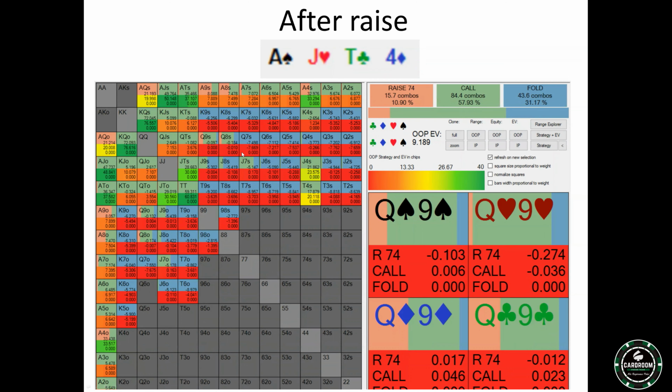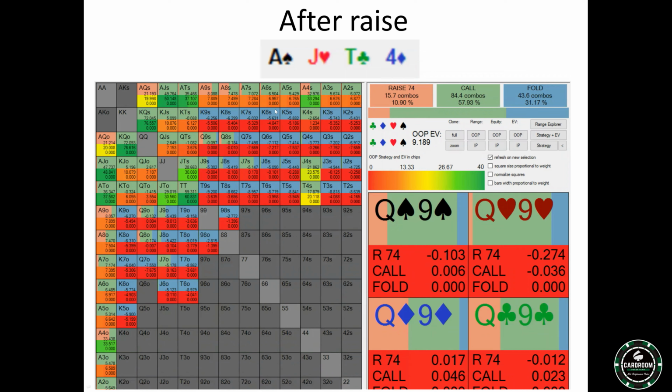Now, when they raise, the theory only calls with the better hands, like every ace x and the better king x, jack x, like the jack with equity. So king jack, king 10, like the 10 with equity. It doesn't call with something like jack 9 or jack 8, jack 6, jack 4. I don't really know why it's calling jack 7, but we're probably folding anyways. So it's pretty interesting how